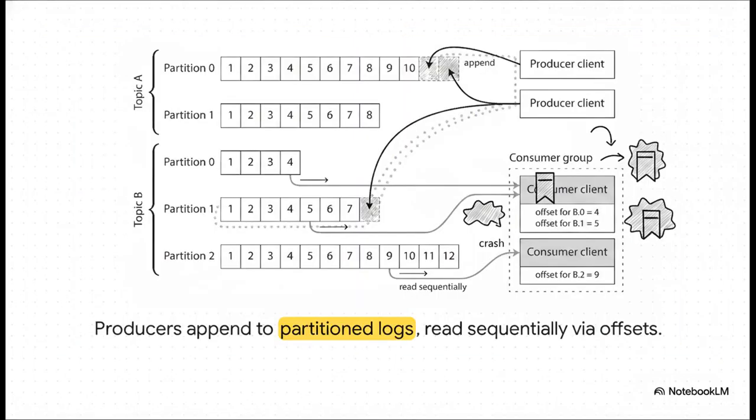Think of these live events as moving dots. A log-based broker organizes all these dots into parallel highway lanes, which we call partitions. Producers are just constantly appending new events to the end of these lanes. Meanwhile, our consumers act like workers steadily reading down the lanes. And because that lane is a permanent, durable record, the consumer just uses a tiny bookmark called an offset to remember exactly where they left off. If a consumer completely crashes, no big deal. It wakes back up, checks its offset bookmark, and picks up exactly where it left off. Absolutely zero data is lost.